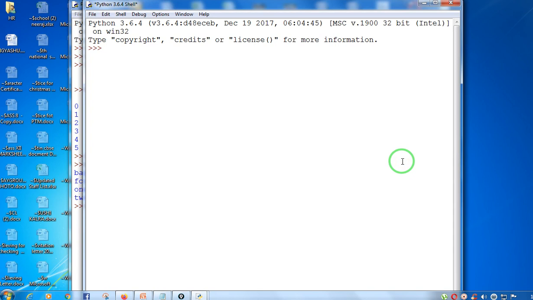So first we will be creating a data frame. As all of you know, the data frame is a two-dimensional data structure with columns of different types. It is just similar to a spreadsheet or a SQL table. It is generally the most commonly used pandas data object. So we will create a data frame with a two-dimensional dictionary.